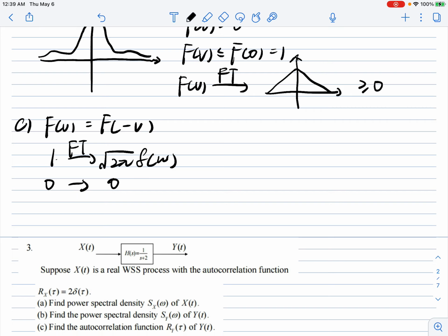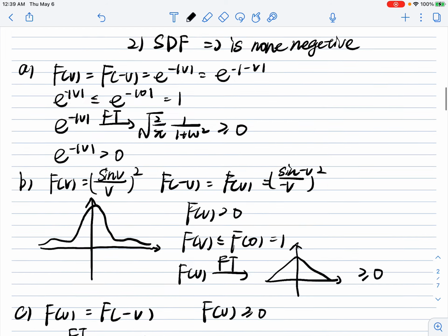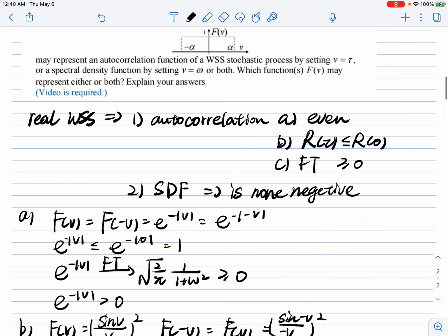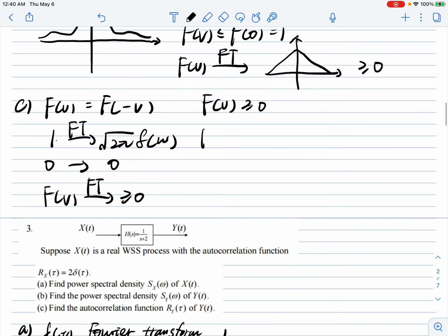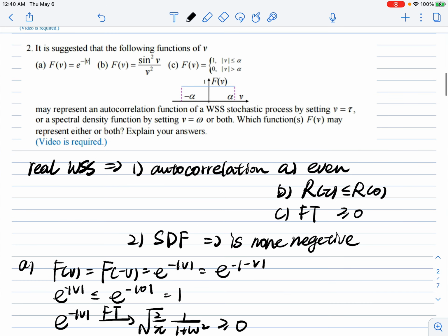So the Fourier transform of the function is non-negative, and the function itself is non-negative as well, and it is even, and it also has a maximum value when v is 0. So it also meets all the requirements, that is